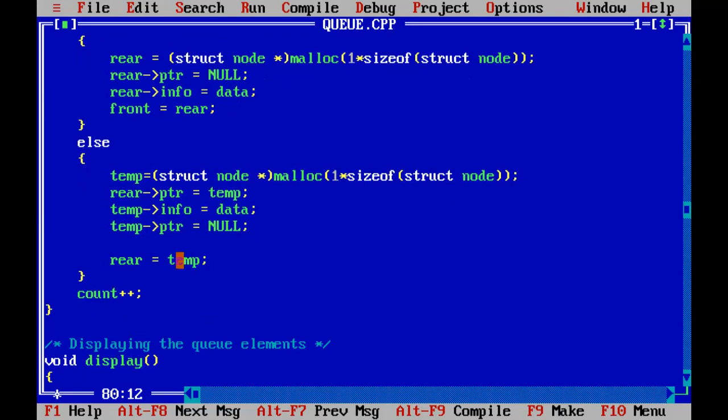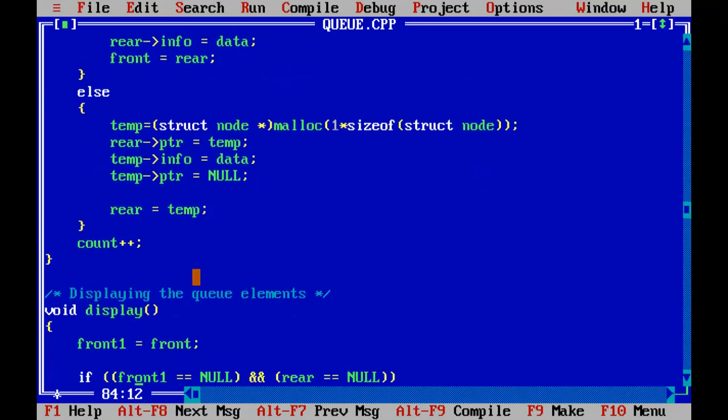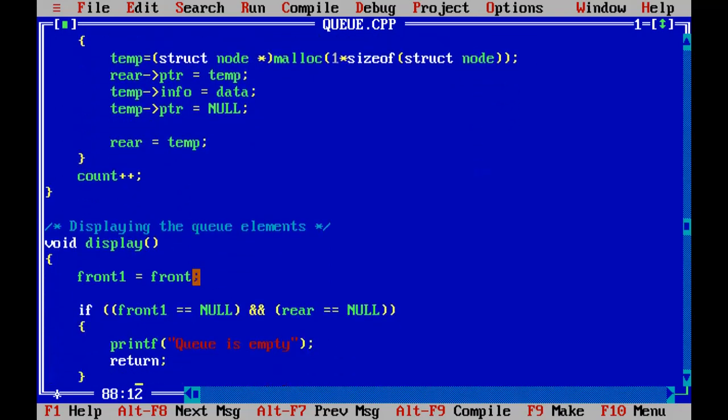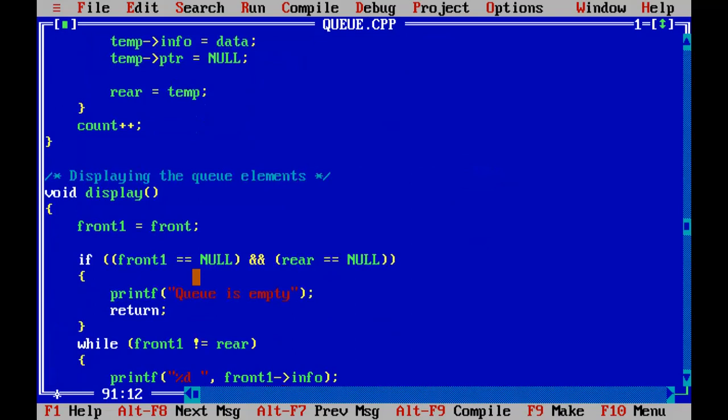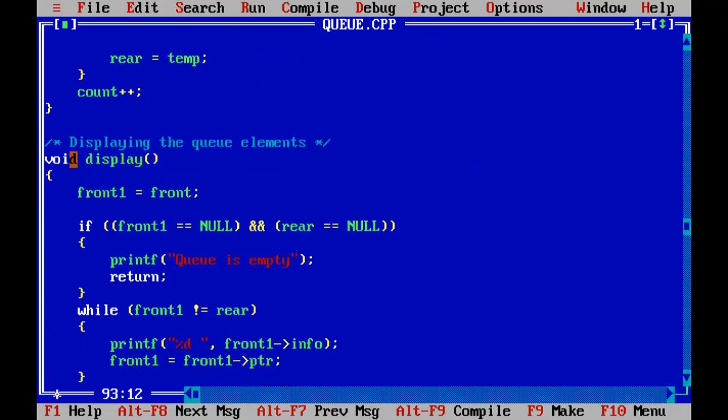After adding this new node, the rear will be reinitialized to this temporary node. That means the rear will be updated to the new node. And count++, because you are inserting an element into the queue, so we have to increment the counter of the queue.